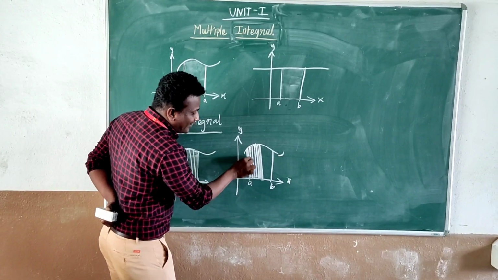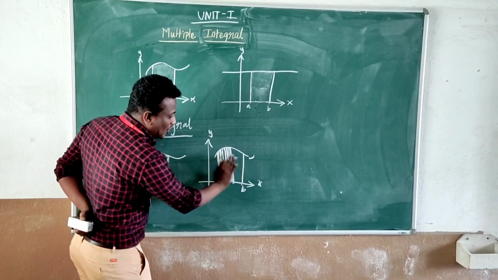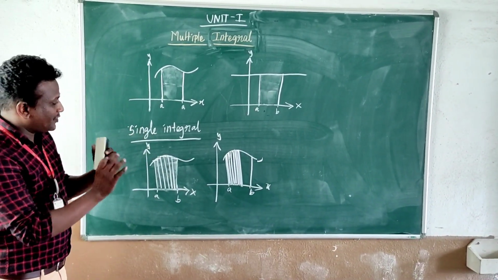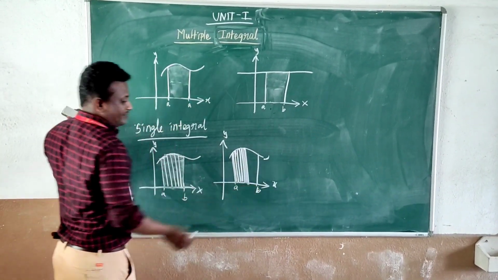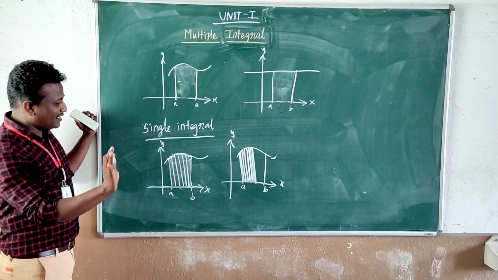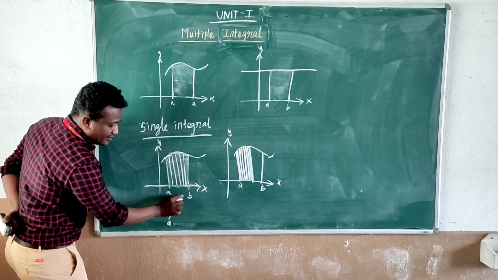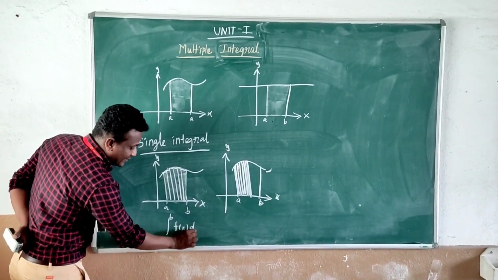For each line, you use the rectangular formula and connect all the areas. At the end, the answer you get by combining all the rectangular values is your area. Clear? Using single integral, it is denoted from a to b length. The distance a to b, what is the area? That is integral of f of x into dx.